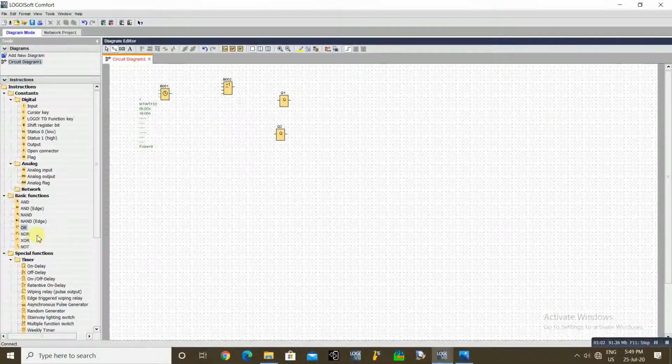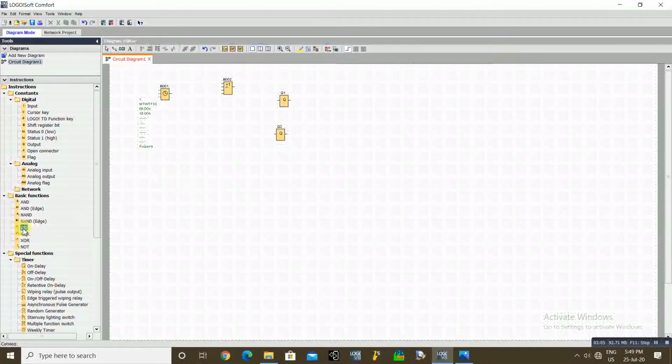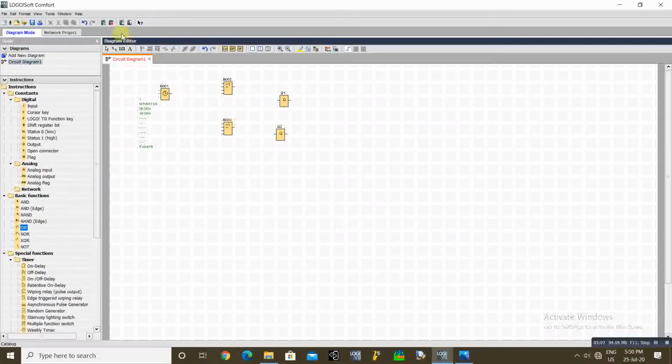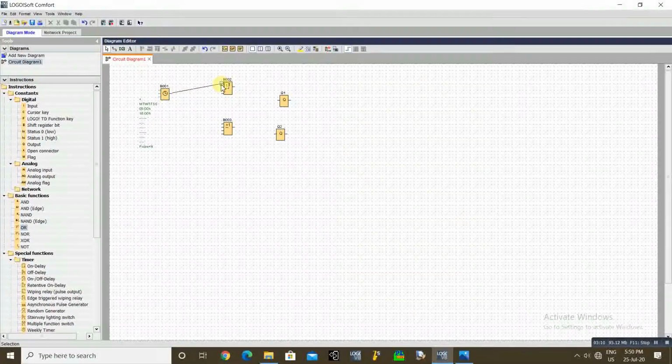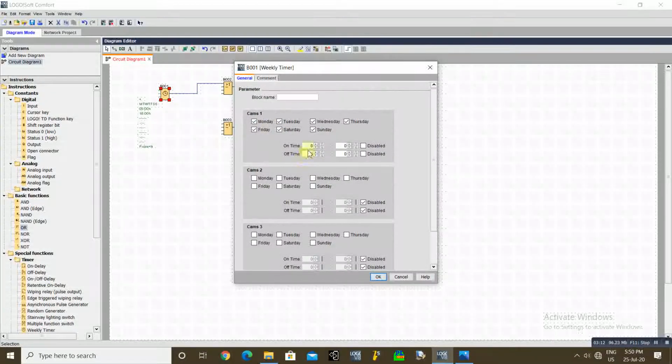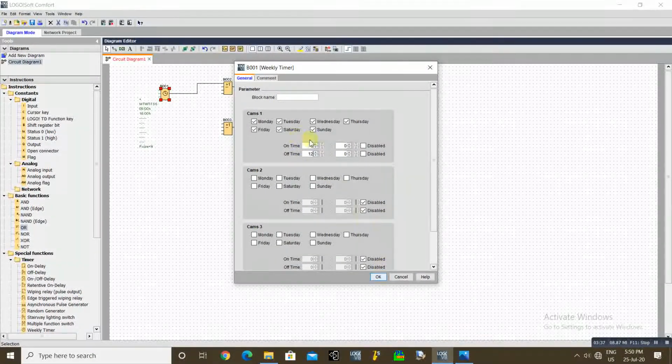We will use NO and NC configuration. We change the timer from night 12 o'clock to afternoon 12 o'clock as one duty, and the other 12 hours as the other duty. The first 12 hours is pump 1 duty, the other 12 hours is pump 2 duty. So our on time is 12 a.m. and off time is 12 p.m., or 0 a.m.